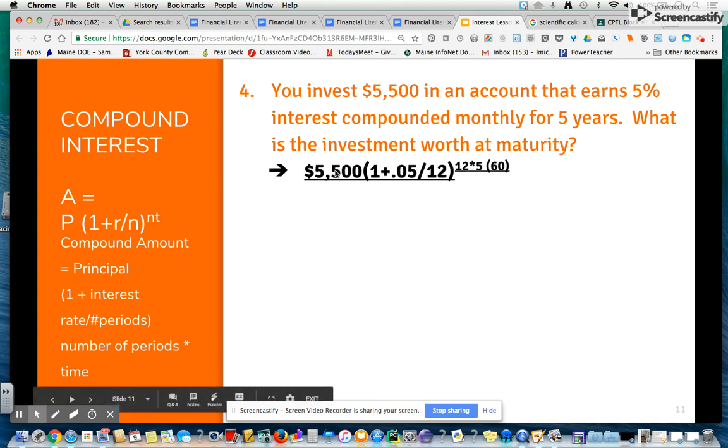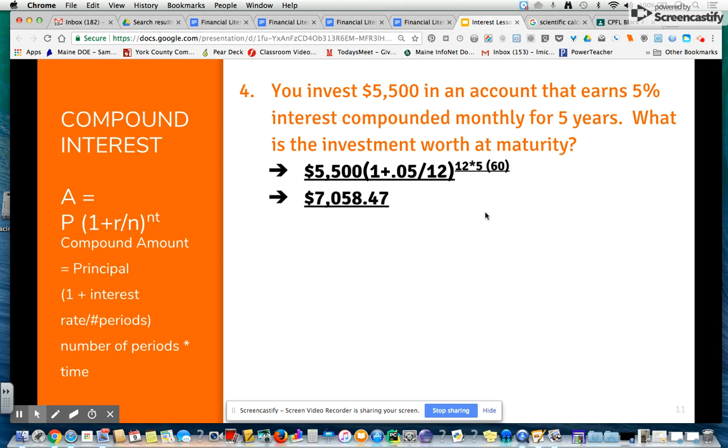So the principal is 5,500. 1 is a constant. 5% over n, that's the compounding period, so it's compounded monthly. It's compounded monthly for 5 years, so it's 12, which is monthly, times 5 years, which is the time, so it's compounded 60 times. So on your calculator, you would do 0.05 divided by 12 equals, plus 1 equals, and then